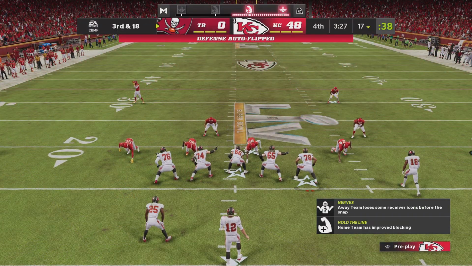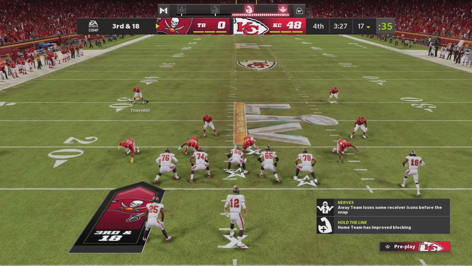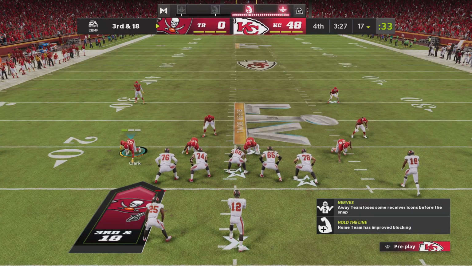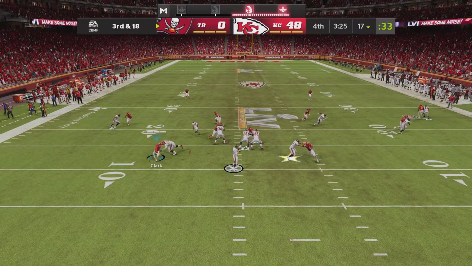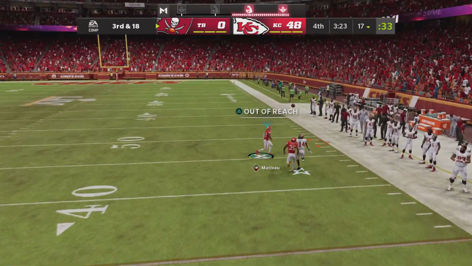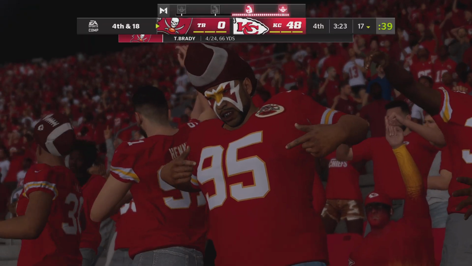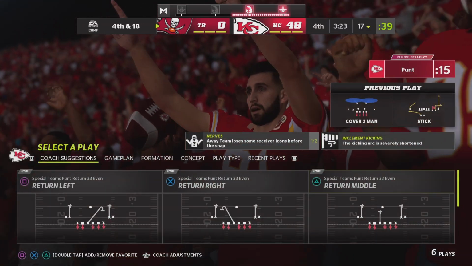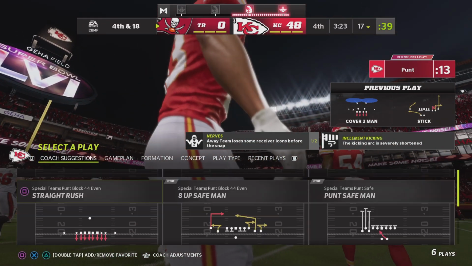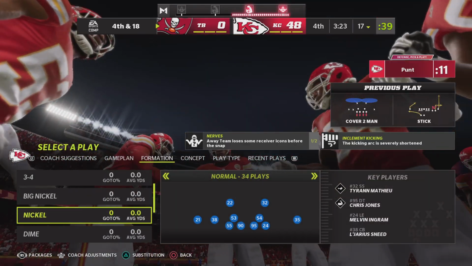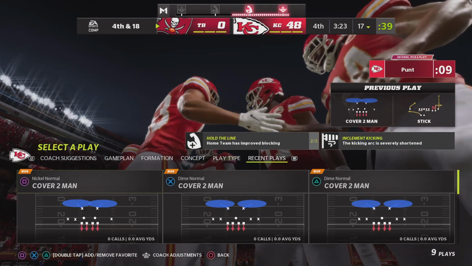The Bucs on third down. A pretty anemic, a very anemic 1 for 9 thus far. This will be a tough 3rd and 18. That throw by Brady incomplete. This defense was definitely allergic to the possibility of the deep ball, and they were more than ready for it. They've got the lead, fourth quarter. Maybe can expect more passes like that downfield.